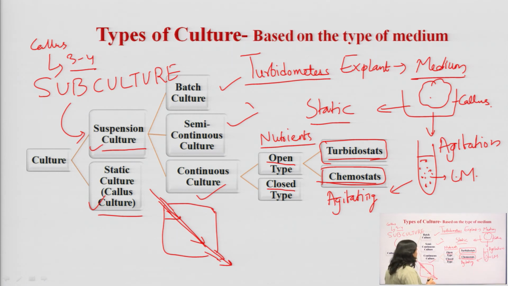So, what will it do? It will lower the rate of entry of the fresh medium. So, it will now slow down. Now, after some time again the turbidity increases, so it will increase the rate of inflow of the fresh medium. The second technique is the chemostatic technique,